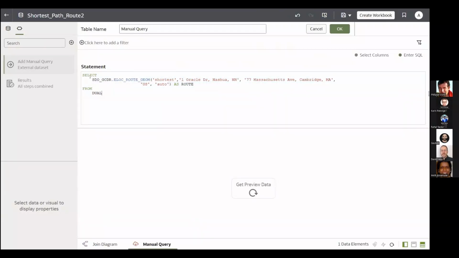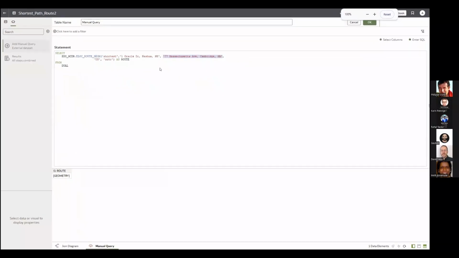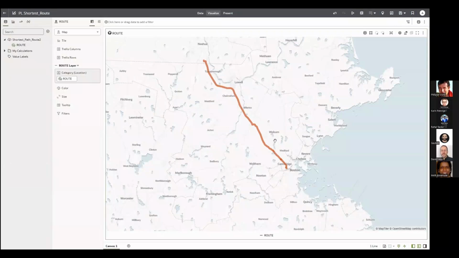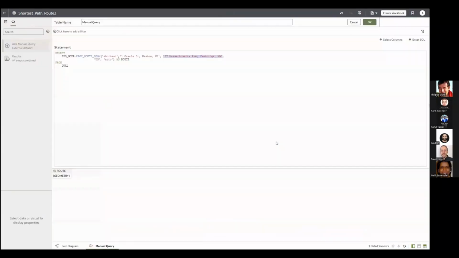This is my own data set, and it's calling some specific SDO that requires 2 addresses, and that will find the drive shortest path between these 2 addresses and generate a geometry out of it. My data set calls the database, generates the geometry, and that geometry then renders the route in OAC. So now I'm calling basically any type of SDO directly by configuring my data set, calling that statement. If I go one step further,